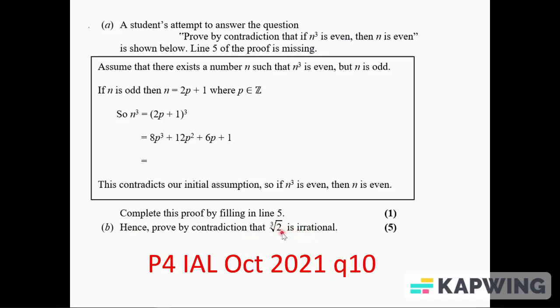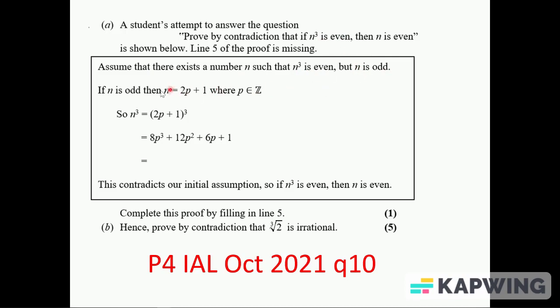There's that very famous proof that the square root of 2 is irrational, which you're supposed to know. This is a variation on that, but it uses the same technique. So the first part, we're going to prove by contradiction. There's a missing line here, so we assume the opposite. So there is a number n where n cubed is even but n is odd, so we're trying to prove